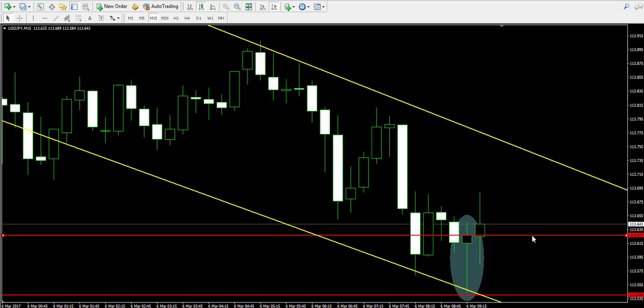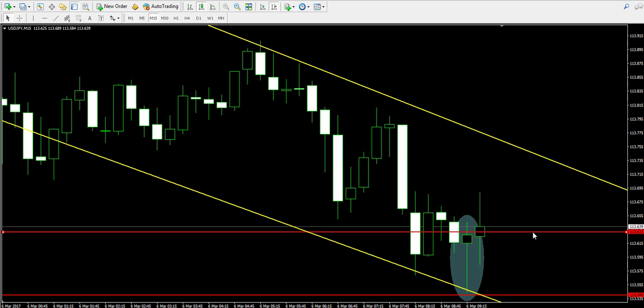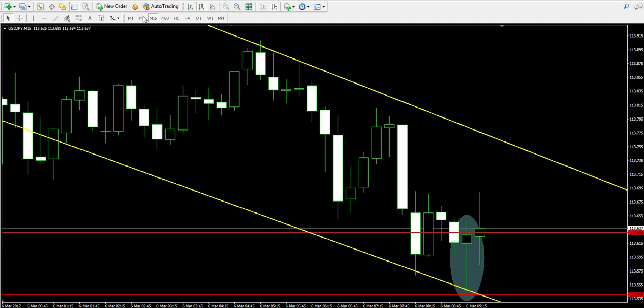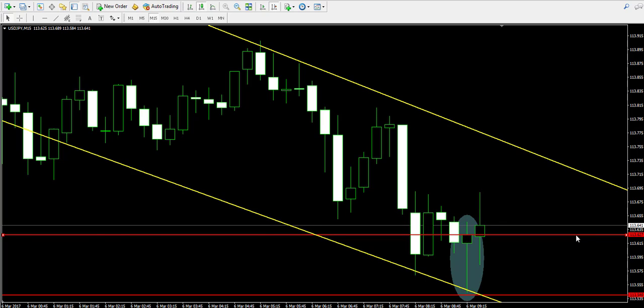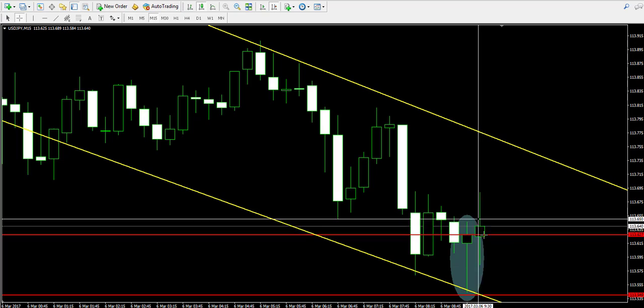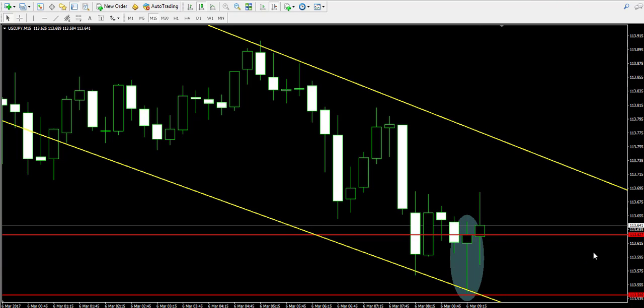Okay, let's mark the upper body of the hammer candle over here, or even slightly lower. Let's be precise. Okay, so if this candle closes above